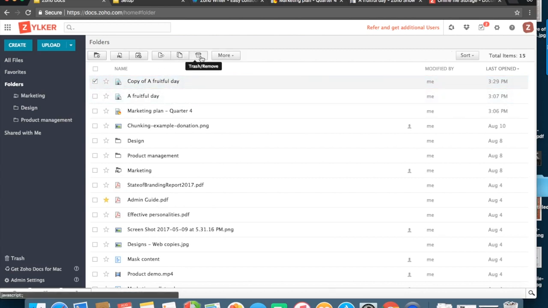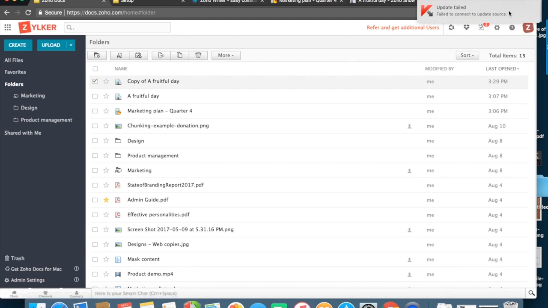The next option we have over here is to trash the document. Now, as a user, I have an option to trash as many documents that I have created. However, at the organizational level, as an admin, you will be allowed to find access of all the documents that have been trashed or created in your organization since the beginning of your account. You will also have an option to retrieve your files that were trashed from your account.